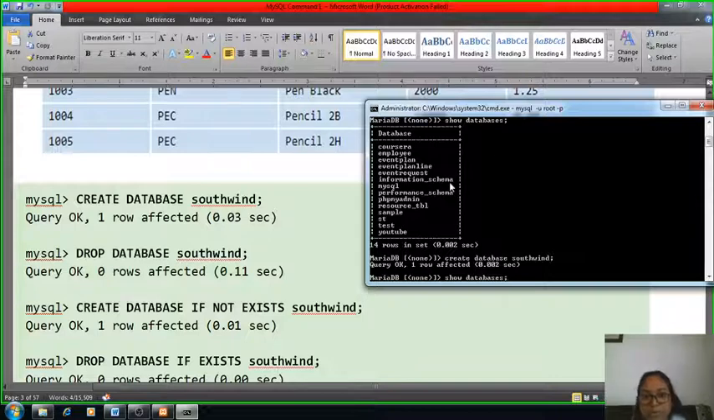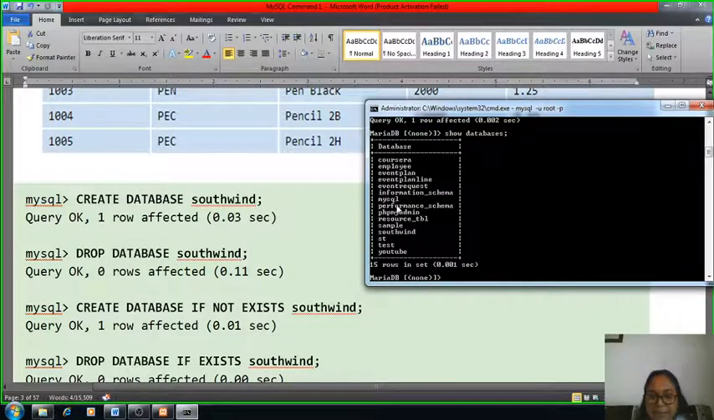Right now, first check, here the Southwind database was not there, so now we have created it. After executing the command, this Southwind will be displayed inside these databases. Now check it over here, Southwind is there, yes it is created, that's why Southwind is displayed inside these databases. Okay,